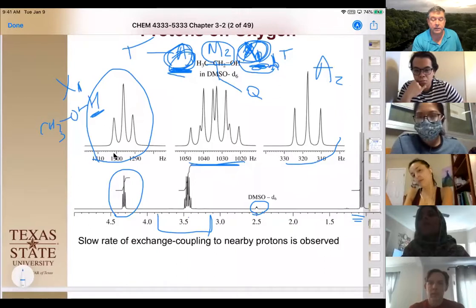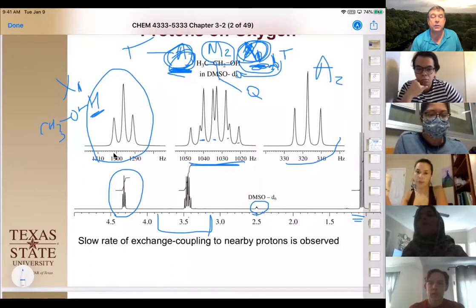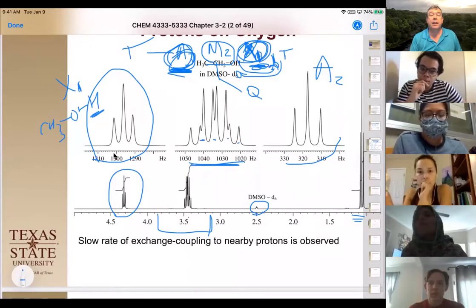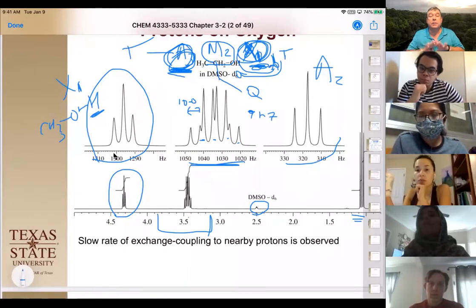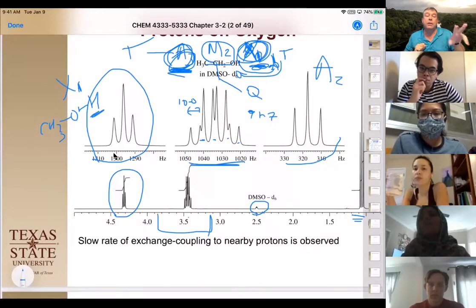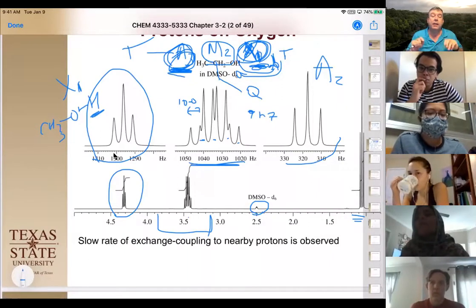So what it looks like here is that this is trying to split. And so what we end up with is this really unusual multiplet here. And it has everything to do with the carbons splitting at this 10 to 15 hertz. The oxygen's actually splitting about 7 hertz. And so the peaks don't line up. It doesn't look like we just add the 3 plus the 1 to get 4 plus 1 to get a pentet, because we have 2 different coupling constants. So the oxygen is splitting it one way, the carbon is splitting it the other way, and therefore we have a